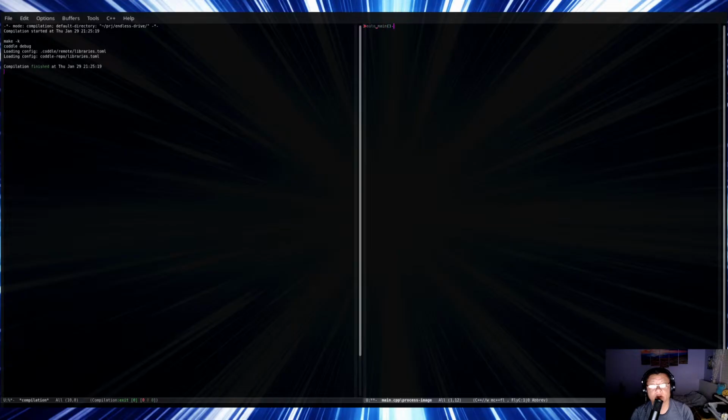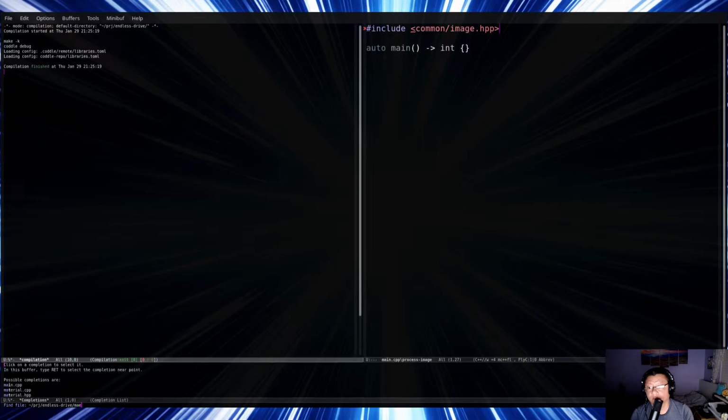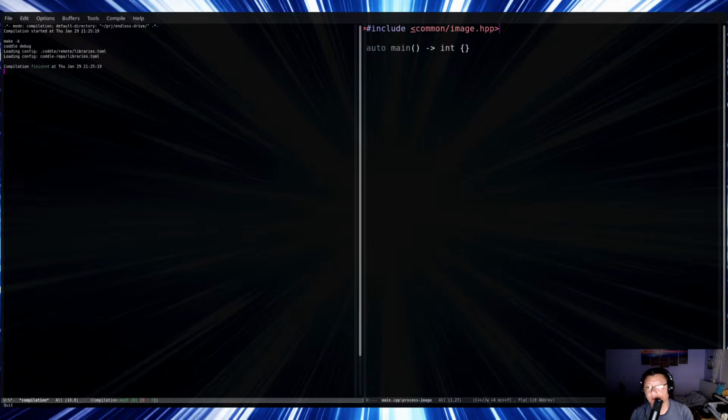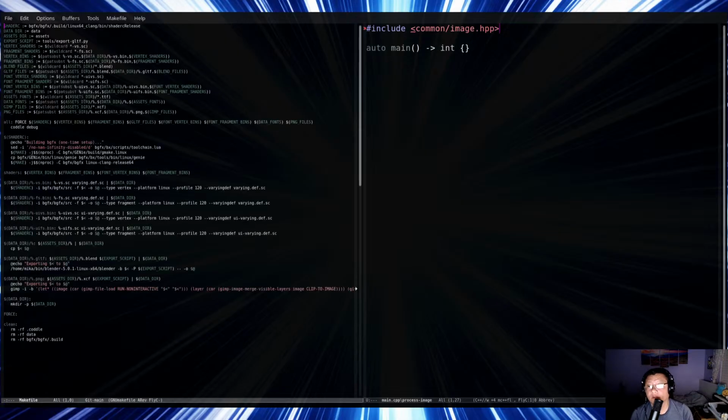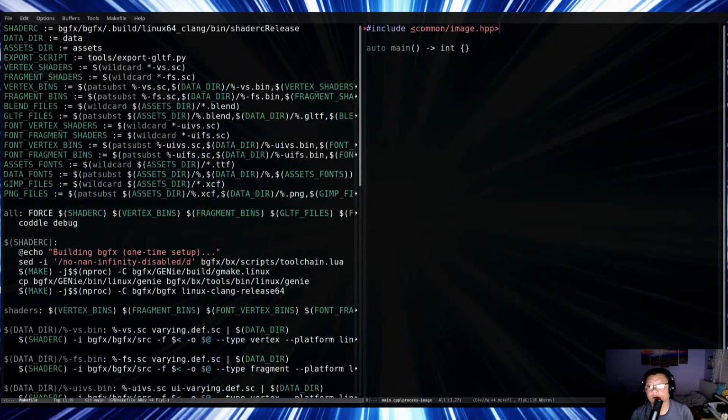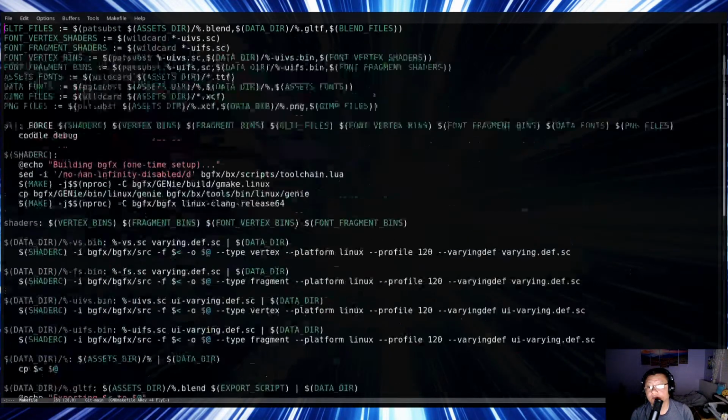Auto main int, and include common slash image.hpp, and in make, the makefile. So